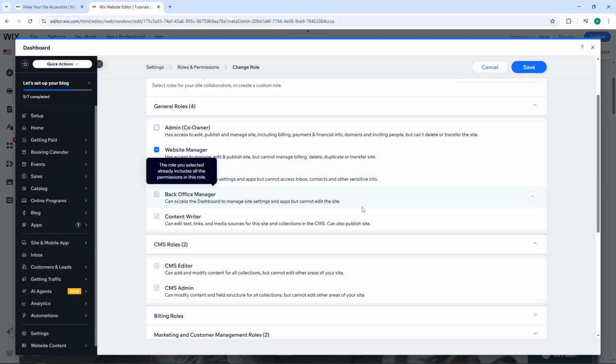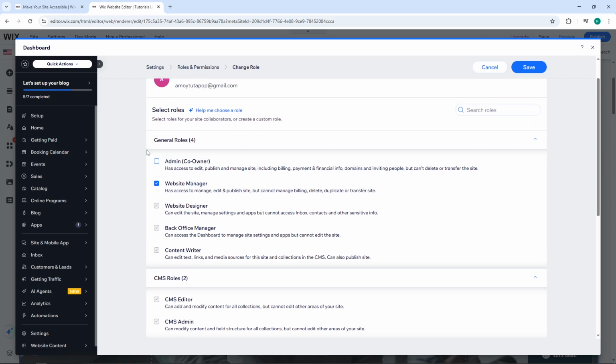Once you've carefully selected the appropriate role for this user, click on Save, which you'll find located on the top right part of your screen. This will finalize the changes you've made to their permissions, and that's it. You've successfully updated the roles and permissions for your Wix website, giving you better control over who can access and